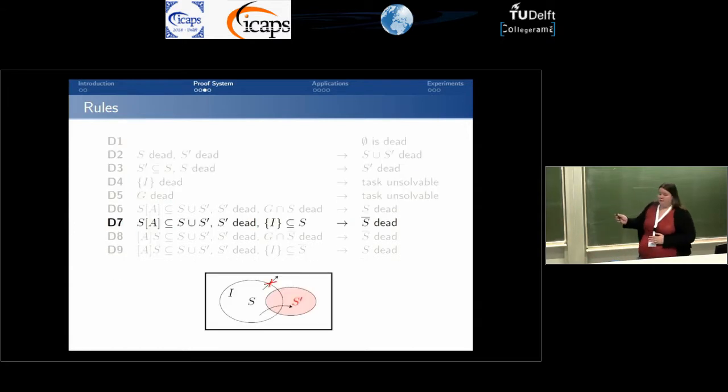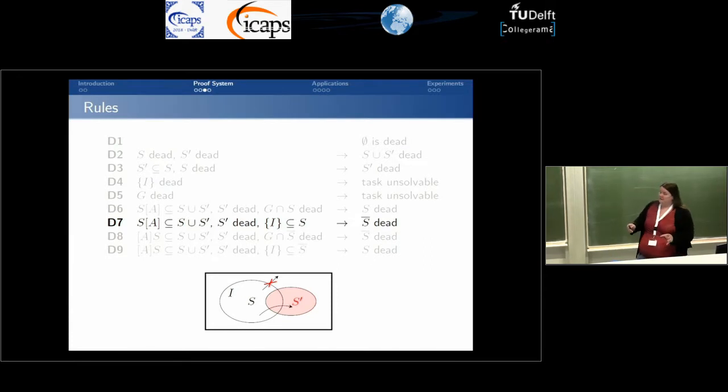Now, as I said, for the other rules, I will only take a look at D7. So the general idea is we have a dead set S prime here in this case, and then we have another set, S, and from this set we can only get to S prime. So each successor of S is either in S itself or in S prime. It is of course possible that from S prime we can get somewhere else, but that is not important at the moment.